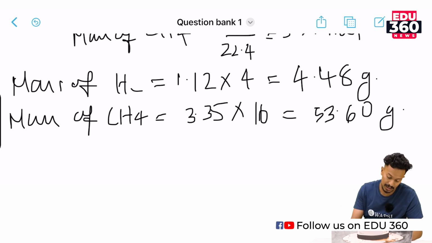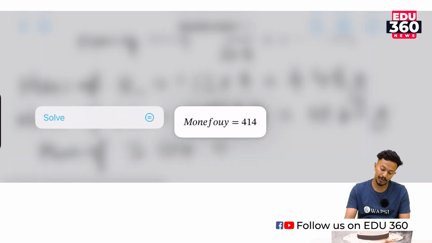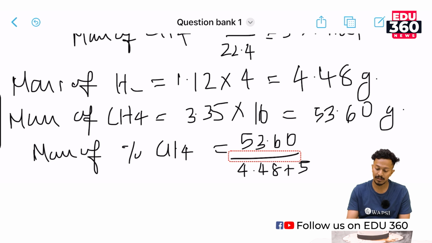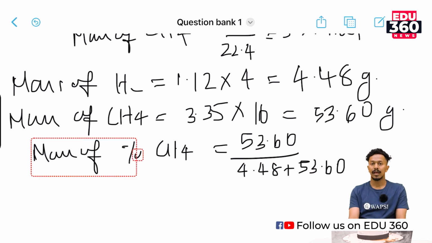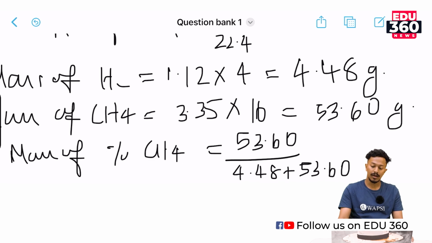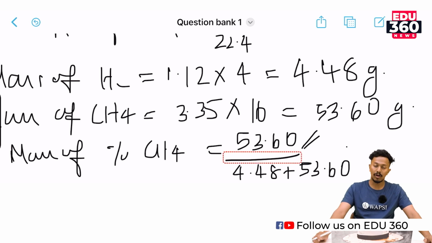So here the mass percentage of methane is 53.60 by 4.48 plus 53.60. Have you any doubt on this one? This is actually mass percentage, which means mass of a single component divided by the mass of the total. We have determined the mass of methane along with the methane and the helium, which gives